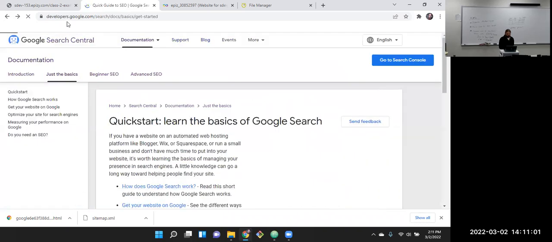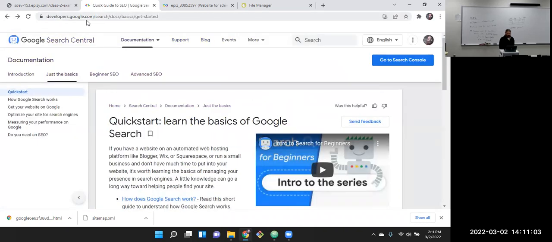And on your way there, when you go to developers.google.com/search, this is where you go look for the most up-to-date version of the thing we're going to talk about after the break, which is how do we get our site to rank higher on there. So make a sitemap, upload that, then go get the file from Google, upload that, and then